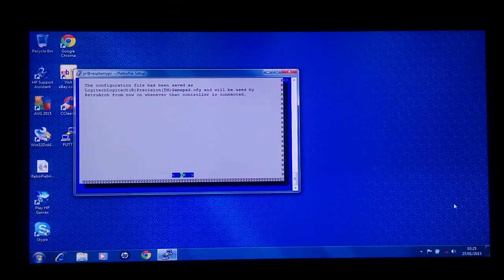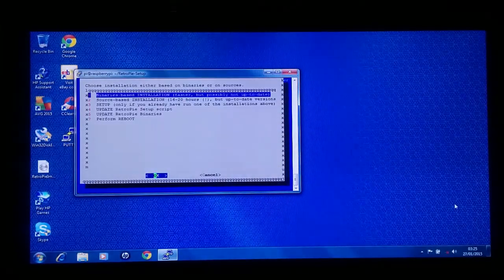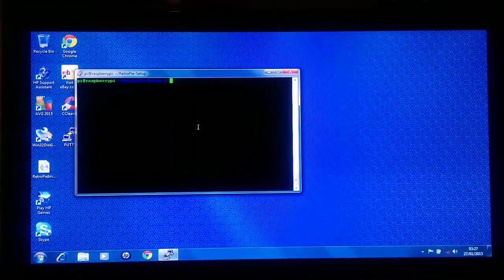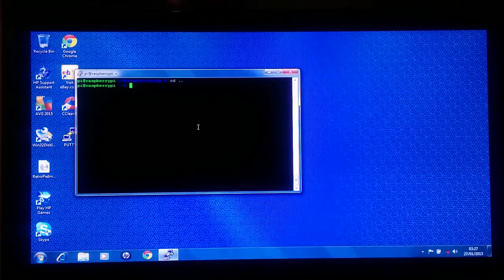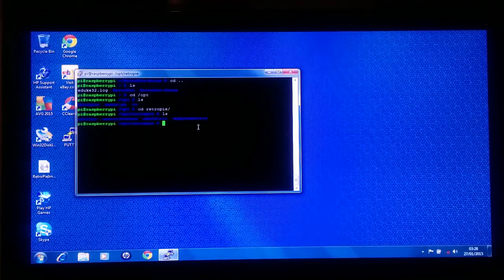Right, now that's done, click OK. Right, let's cancel out of this. Cancel. And we'll go back to this screen. Now what we're going to do, change directory, two dots, goes back to the previous directory. Now if we go to ls list, the one we need to go into isn't there, it's hidden. So change directory, /opt. And if you list again, we want to go into retropie, ls, then from that emulators,